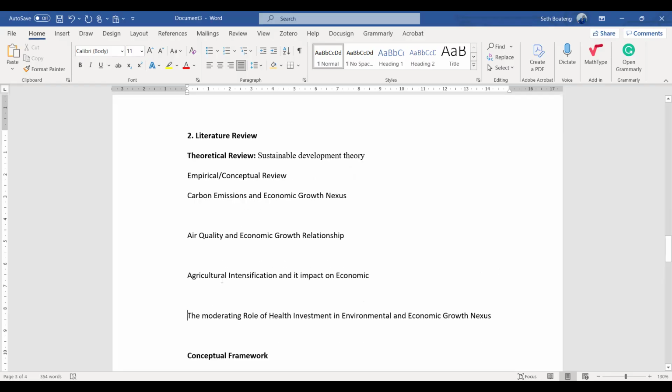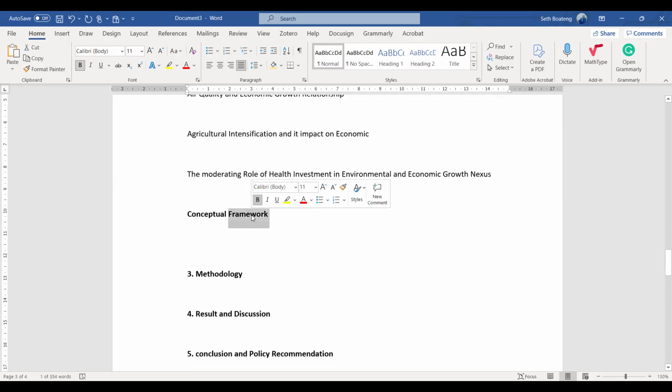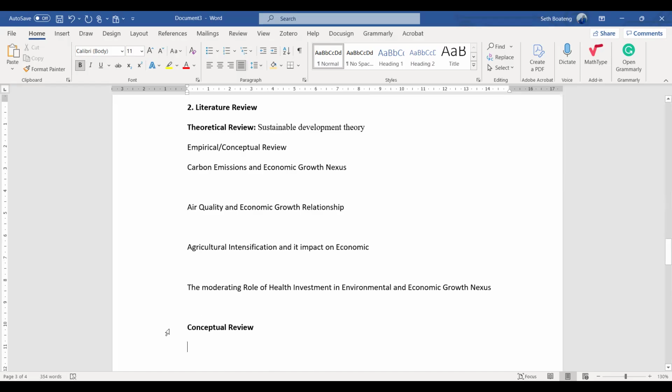But if you have just one independent variable, then you can go by the conceptual approach, like looking for concepts as your headings. Let's say our independent variable is only one, like carbon emission, and you are going by the conceptual approach. Please don't put these headings in your work.